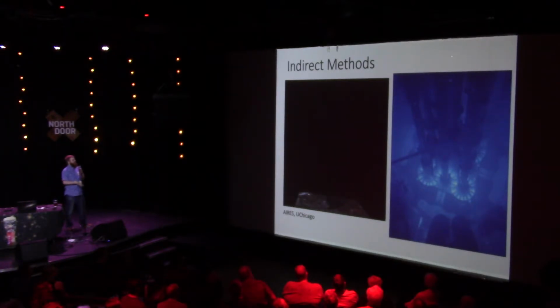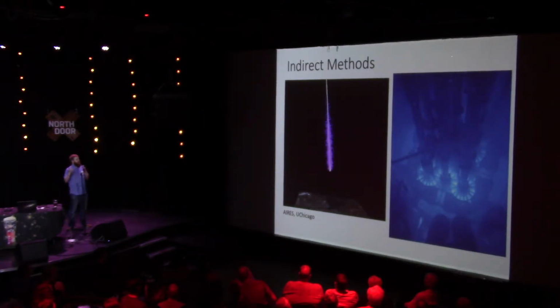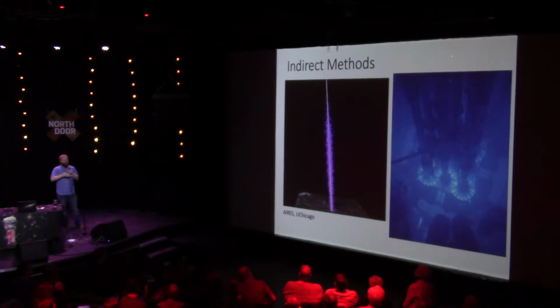Happens all the time, and so their detectors might be placed, for instance, down here, and they would measure that shower. They can measure the angle of the shower, they can measure all the particles, and from that they can determine much of the properties of what that original cosmic ray was. But to do that, they have to know about the particle physics that would create all these particles. And so in measuring these showers, they're able to directly test particle physics and astronomy, which is kind of cool that you get both at once.